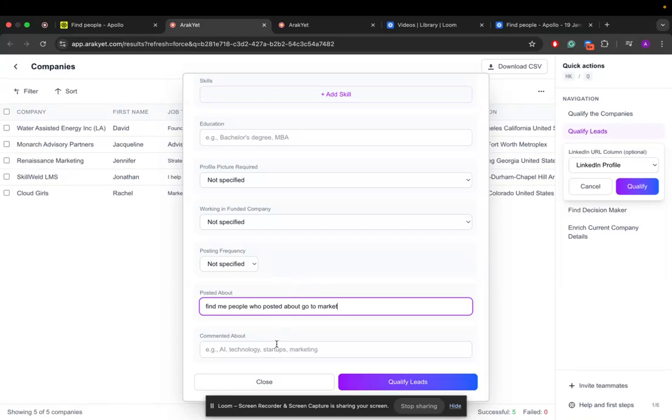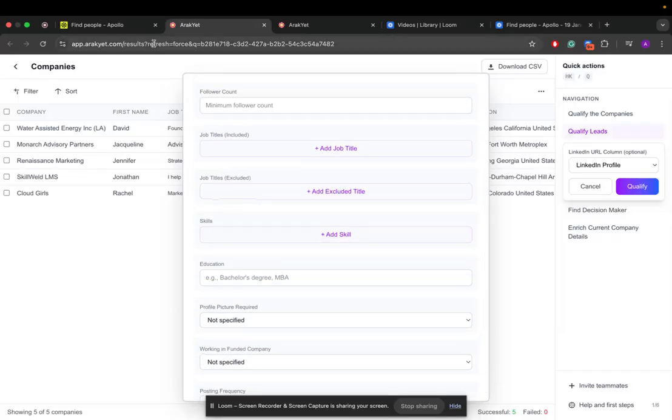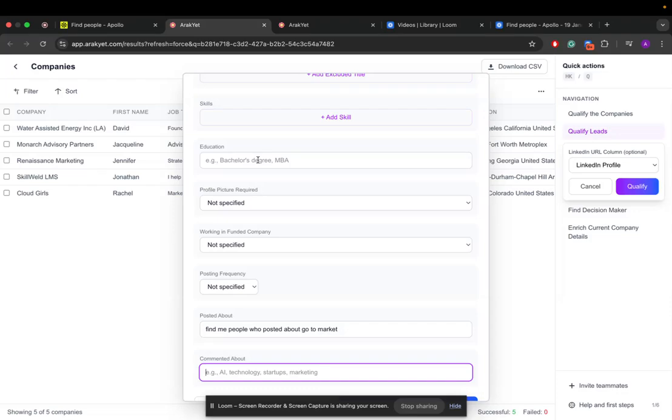Apart from that, you can also use complex things like if the person commented about XYZ stuff on their timeline, you can even go forward and do that. You can also provide posting frequencies, which most of the intent signals lack. So this is how easy we make it for you guys. Now we are not saying that you shouldn't be using tools like the data providers. You should be using data providers, which you already have, but you should also be using tools like Arakyet that actually help you find the right lead. Warm leads, I think warm leads is the right word for this. You should be using tools like Arakyet that help you find warm